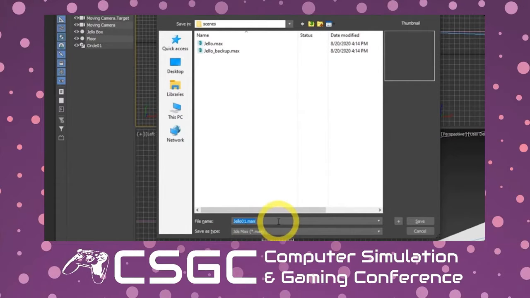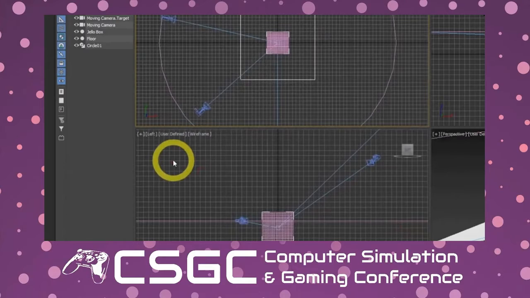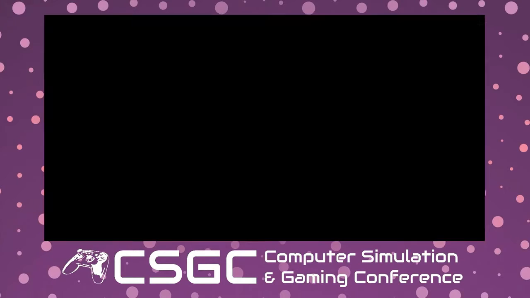So it's going to be saving this incrementally. And I can do a save, and now I have a new version of that file. Again, you're going to want to do this after every so many edits, simply so that you can get back to a previous version. And I will also say, the larger your scenes get, the more likely that at some point the software may unintentionally crash on you. So again, save often and save incrementally.